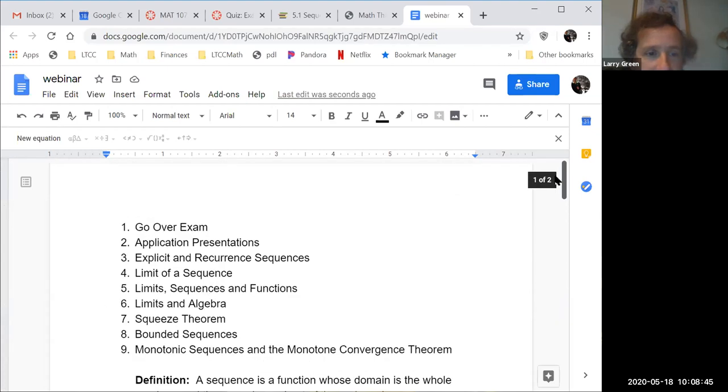Okay, so let me just show you the limits in algebra, and what I'm going to tell you is everything you did in calculus still works. So remember that if you have a limit of two functions and you add them up, you get the sum of the limits. Same thing with the difference, same thing with the product, same thing with the quotient as long as the denominator is not 0, same thing with the function. I'm just going to say all that because there's not much to say there. Just do what you expect to do. Is that clear?